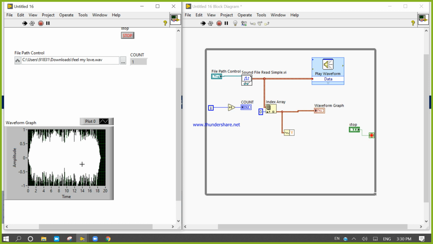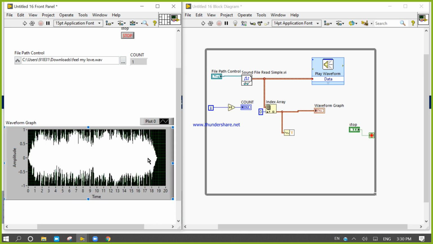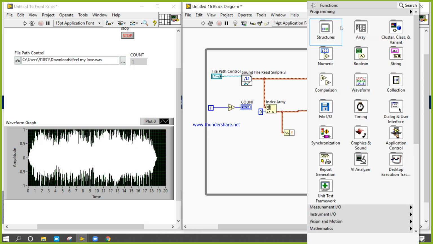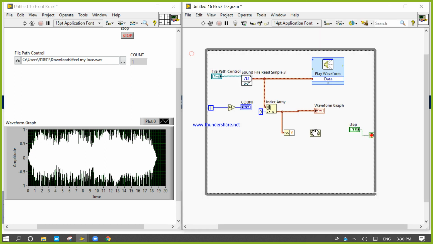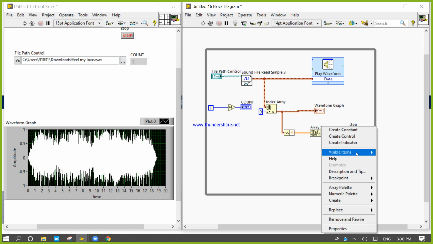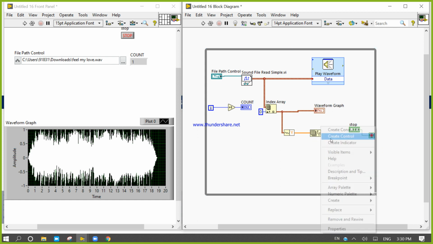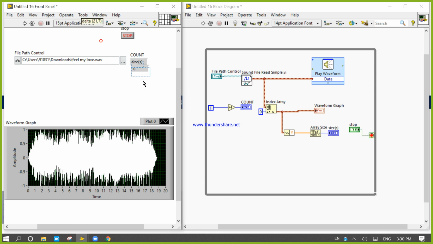Okay, so let's check how many data are present in my waveform graph. For that I will use array size, and I will try to count how many data are present. So let's see, let's count.